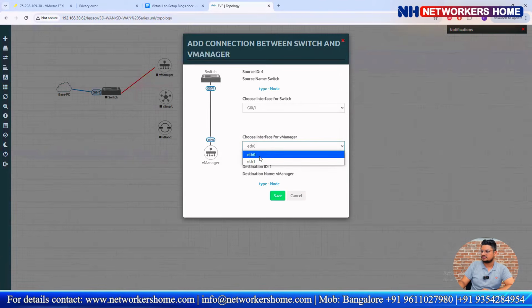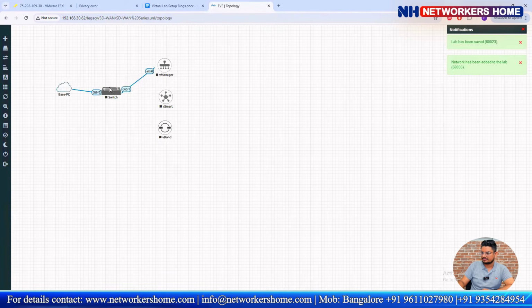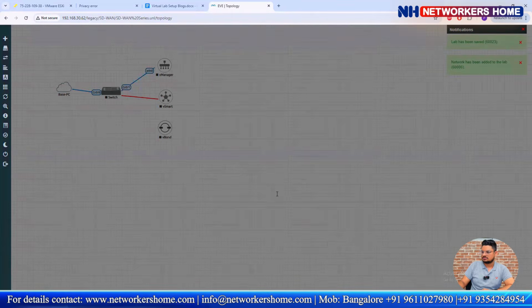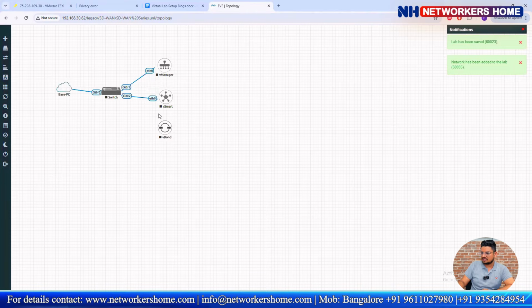So we have two interfaces. Generally, the first interface we are going to use for management, so keep it as it is. Then the second connection here, again according to the switch, whatever interface, just for multiple connections. And here again you can see two interfaces, so Ethernet 0. There is also a reason why I'm taking Ethernet 0 only, not 1. Okay, 1 you can also take, but if you make a topology with some pattern, then it will help